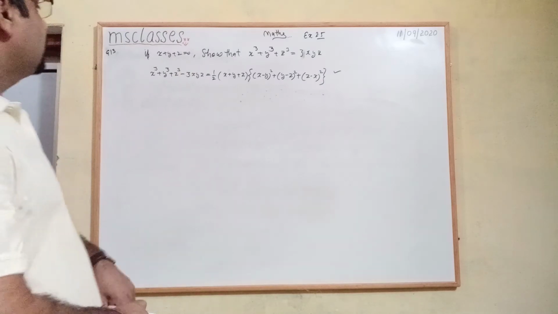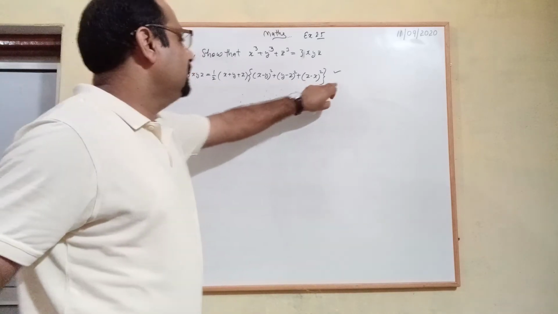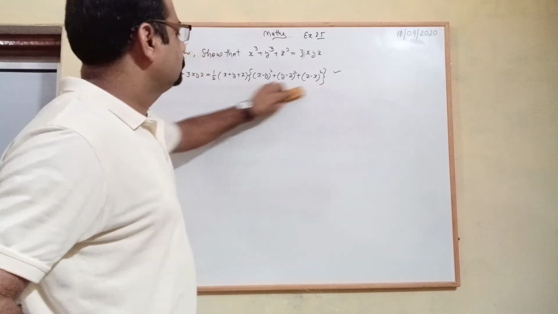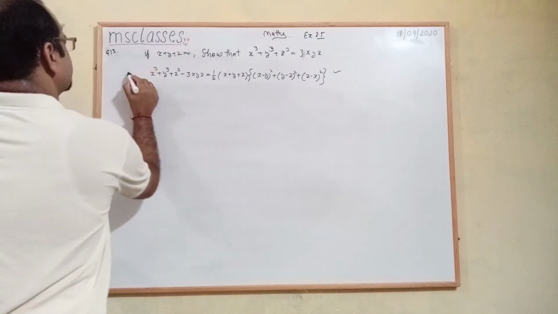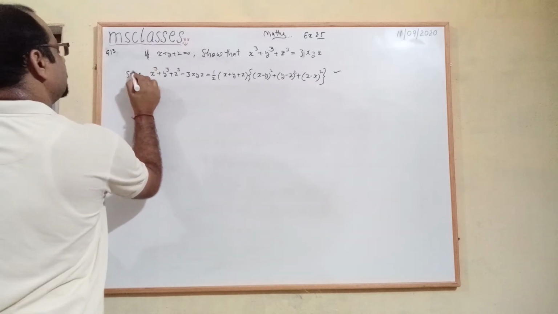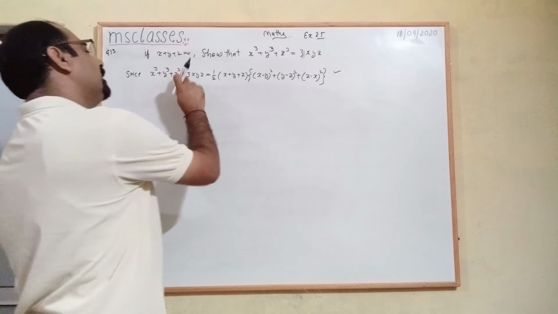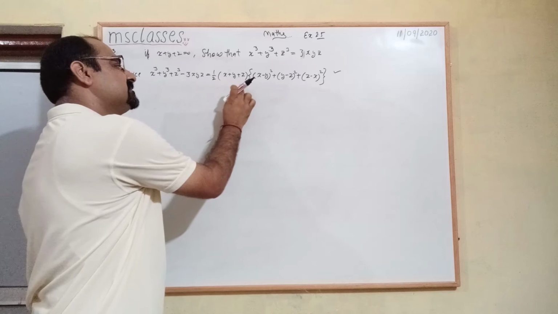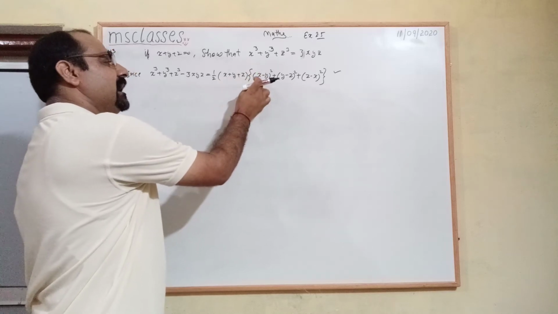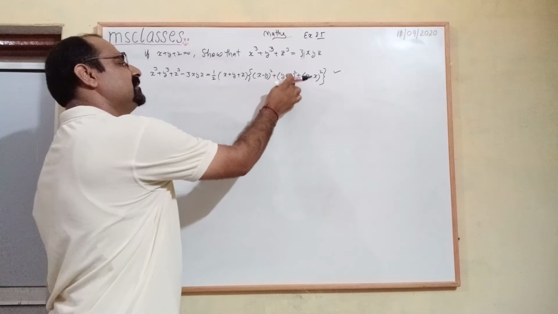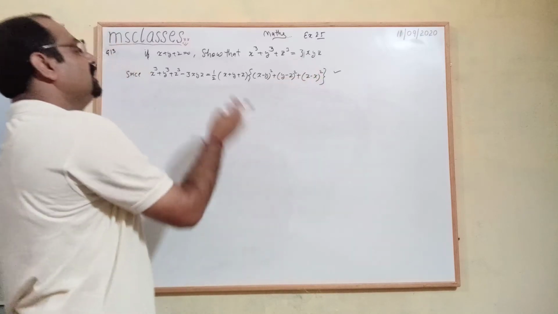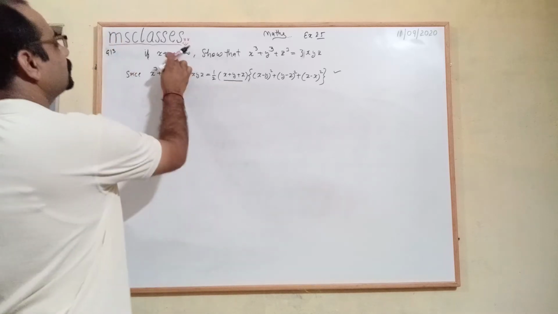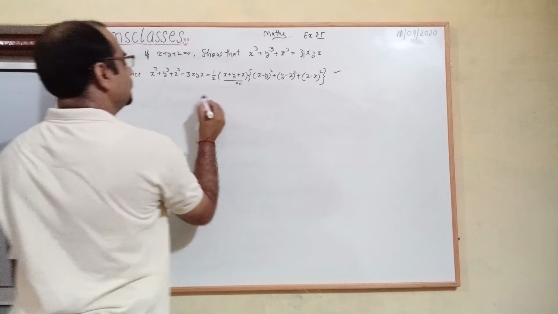Right? So here again you have to remember the identity. This identity is x cube plus y cube plus z cube minus 3xyz is equal to half of x plus y plus z into bracket begin x minus y whole square plus y minus z whole square plus z minus x whole square. If this part is equal to 0, right, according to the question this part is equal to 0, then